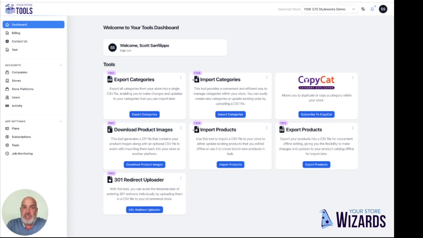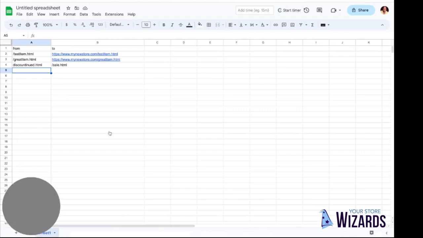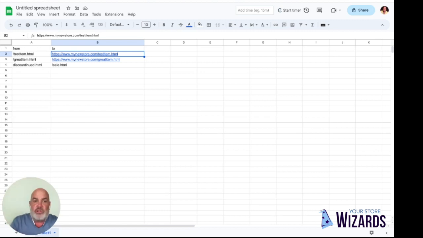All you have to do is create a CSV file, which I'm going to bring up right now. I'm using Google Sheets to do that. It contains 2 columns. That's all you need, a from and a to column. So right here, I'm going to be redirecting test item.html over to an external site. This may be my blog. It may be another website that I have that's got relevant information about this item that I'm going to be redirecting. So it's going to be redirected over to